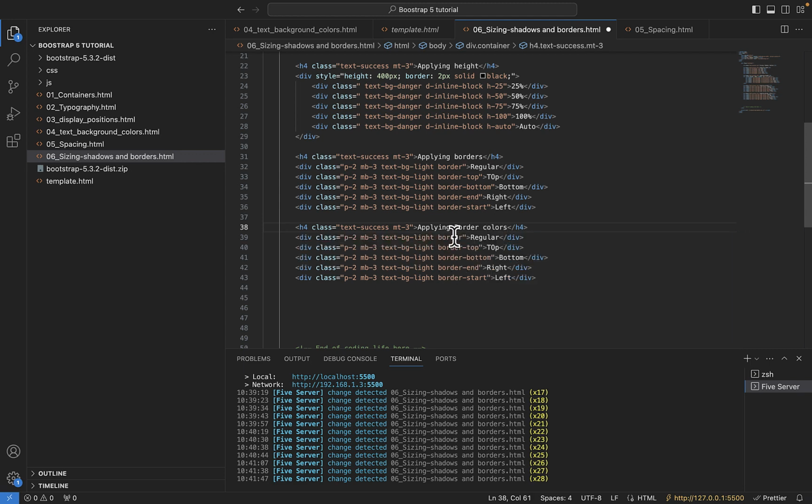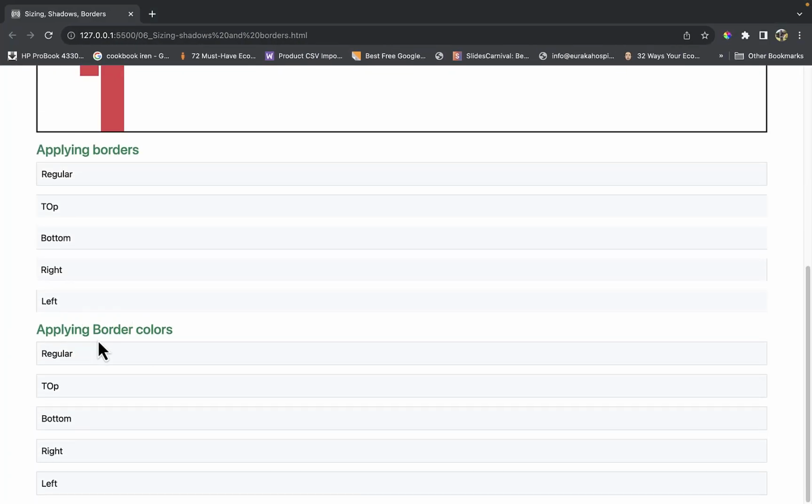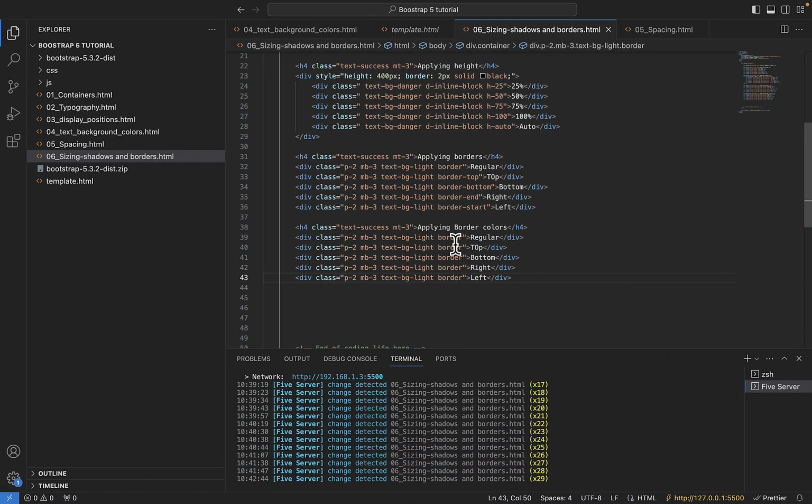And as you know, we need to apply the class of border first of all, and decide whether it's border whatever you want. It's not a must you put in all these other colors, but you can decide to put them in. I'm just going to delete them, this border top, border bottom, so that all of them have borders. And if I save this, you will see it's the same, applying border colors, all of them are having the same border. Now the first one is border primary, as you guessed,